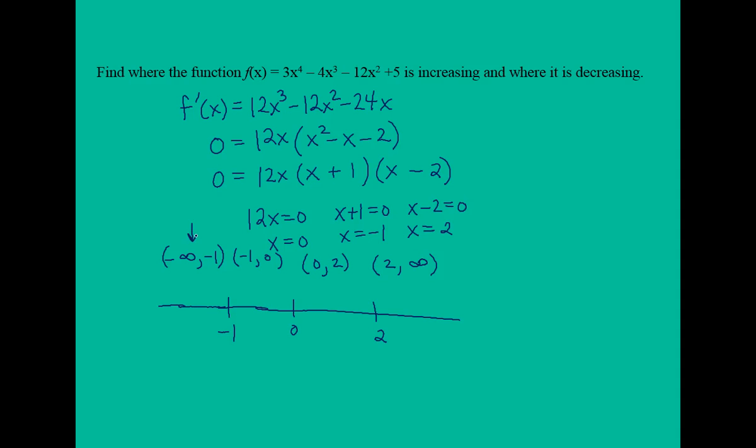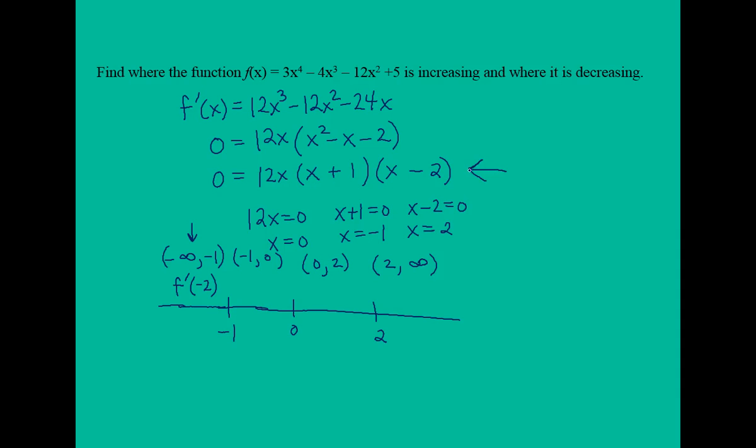So let's take this first interval. I'm going to take and plug in negative 2. Now I don't want to take negative 1 because I know I would get 0. So I can take any other value in that interval. I'm just selecting negative 2. And if we plugged negative 2 back into the derivative, we want to know if the derivative is positive or if it's negative. Now what I like to do, I don't care about the value, I just want to know if it's positive or negative. So I'm going to go